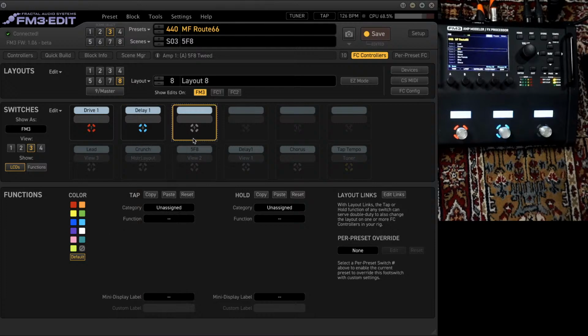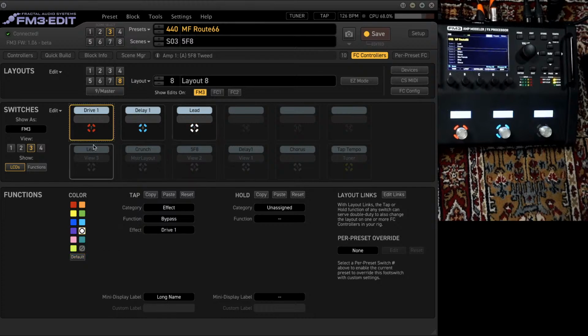Okay. But I can also do something else. For example, I can use the toggle functionality with the scenes. With function toggle, I can alternate between scene number 1 and number 2 with a single button. So I have many different options.